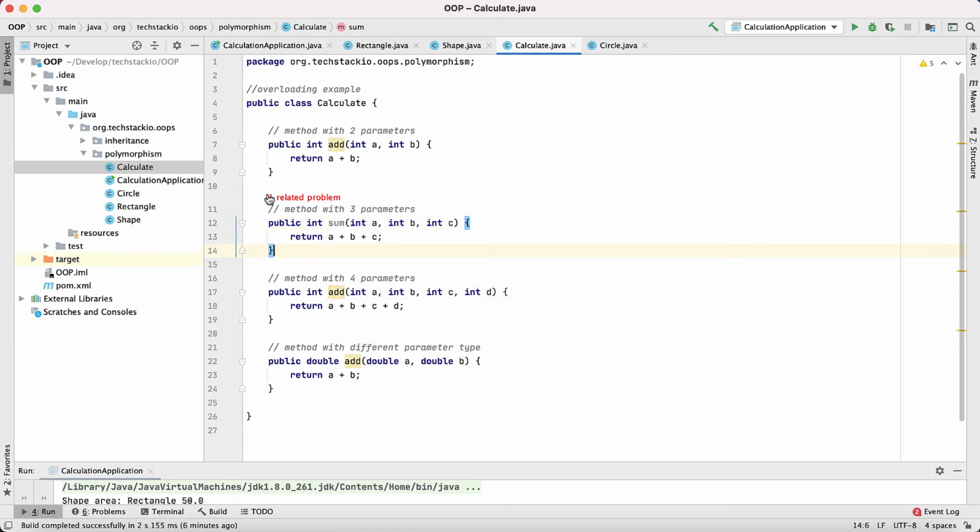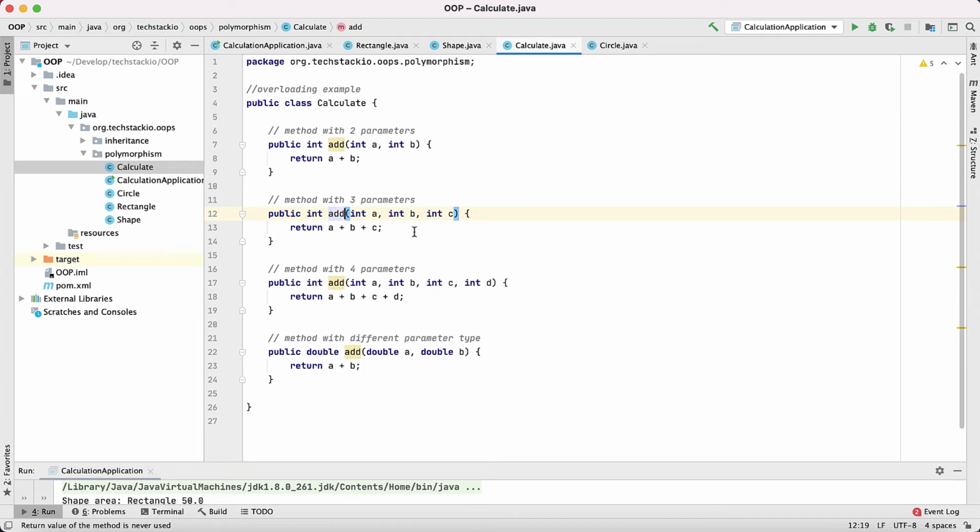I mean, this is giving an error because we already called the method with add, but you could also have a different method with sum. But the idea is that if you are using the same functionality, like we are just adding 2 numbers here, we are just adding 3 numbers here, it's advisable to use the same name. So it gives some better performance when compared to using a different name. And remember, when you have the same functionality, it's advisable to use method overloading in the same class itself.